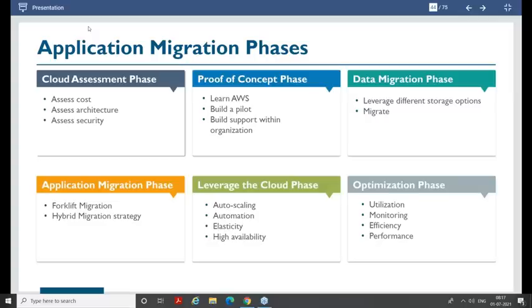So these are the migration phases of your application. Earlier we saw the migration phases and strategy for your infra. Right now we are talking about the migration phases of your application. Am I making sense, everyone? Don't get confused. Both are two different things.